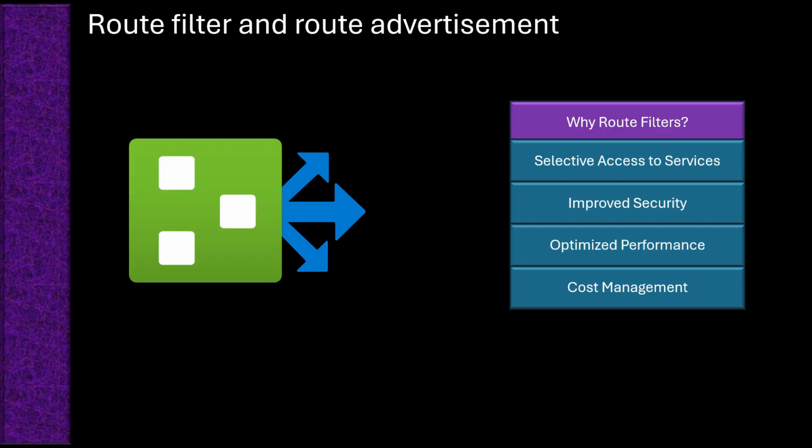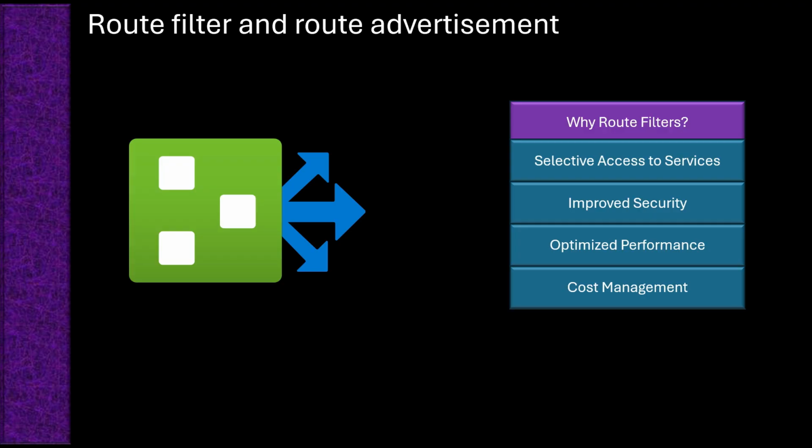How does a route filter work? Let's unpack some of the steps that you might take to create and associate the route filter with ExpressRoute. When you set up an ExpressRoute circuit, Azure advertises a set of routes that include the IP addresses of available Azure services. A route filter is like a custom list that tells Azure to only advertise the routes for services you specify. These can be grouped by service families, such as Microsoft 365 services or Azure PaaS services, or specific